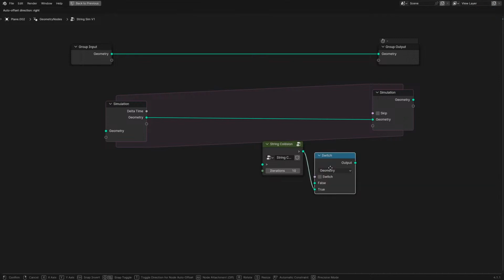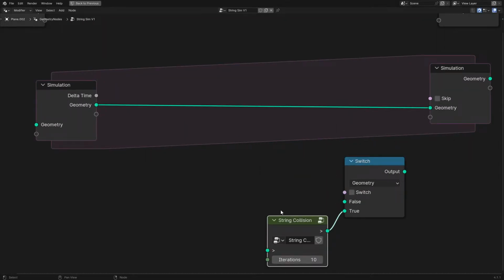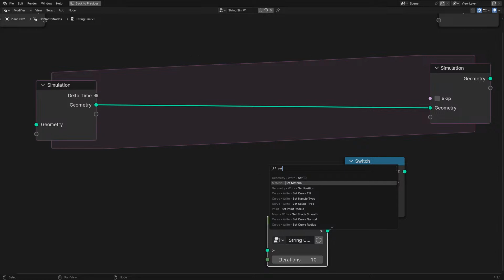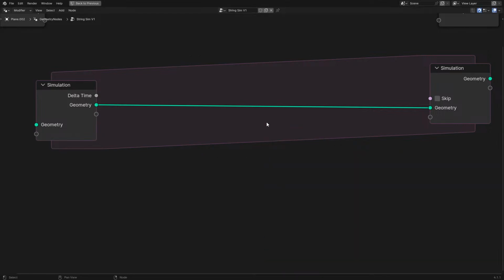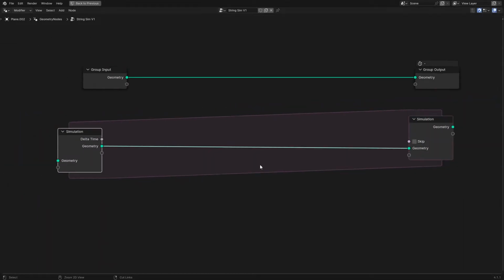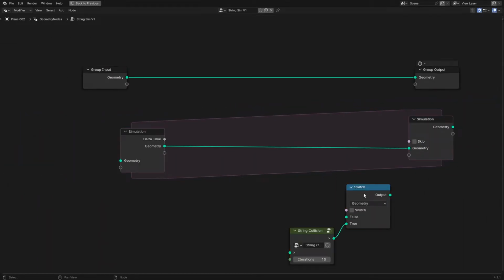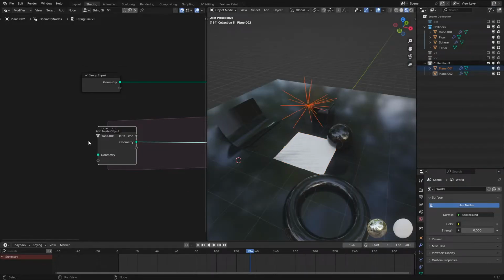Whoops, switch. There we go. So it's like, hey, collision. That is just true, and then we would just have a set position with the velocity up top if it's false. So still easy to switch up, but just more optimized. And I deleted the most essential part of this, so let's bring that back. Okay. So let's bring our